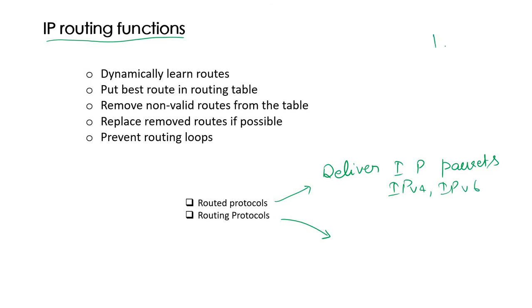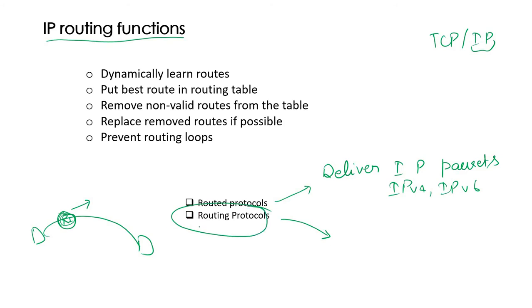We studied TCP/IP, so that's the job of TCP/IP. The Internet Protocol is a routed protocol, and the job of IP is to deliver the packet from one network to another network through different routers. Now, if the packet has to be delivered, each router should be aware of the routes. If it does not know where a network is connected, it cannot send the packet. So the creation of these routing tables is done via routing protocols.